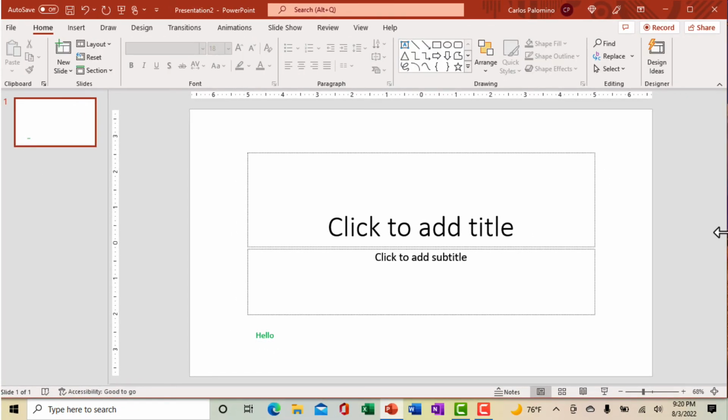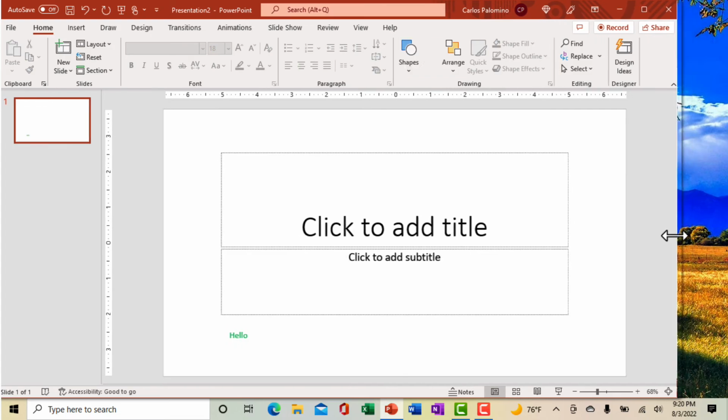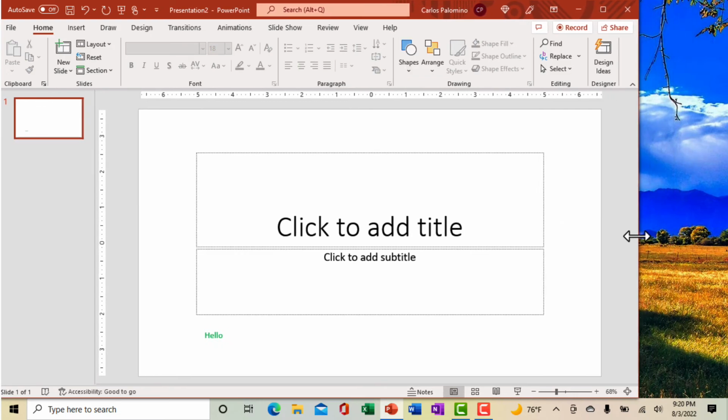Few more things about the ribbon. The groups and control displays layout will change depending on how wide the PowerPoint window is. If the window is wide enough, the ribbon will display all the groups and their controls as shown on the screen now. If the window narrows, PowerPoint gradually collapses part of the ribbon to display as much as possible with the